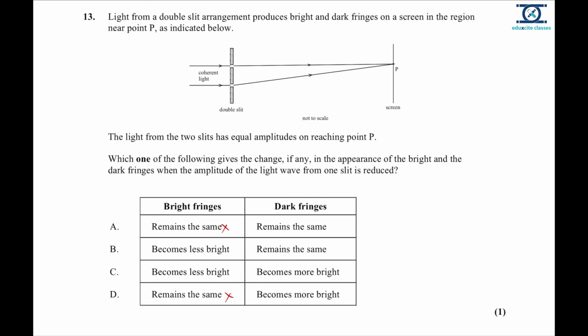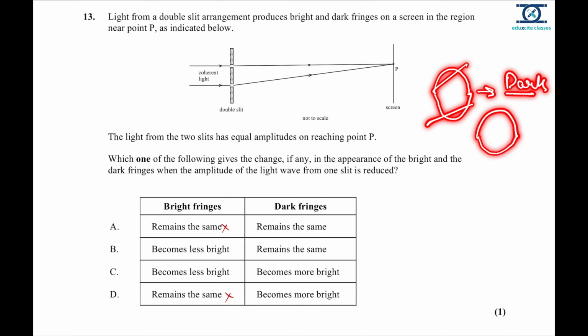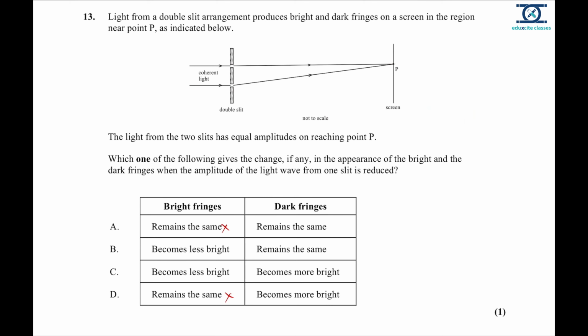Now for the dark fringe, a dark fringe is formed when one is a crest and one is a trough. Okay, so they cancel out and we get a dark fringe. Now one is the same and the other is reduced, so you will get a bit of brightness in the dark fringe. So the bright fringe becomes less bright and the dark fringe becomes less dark. Option C is the right answer. Okay,